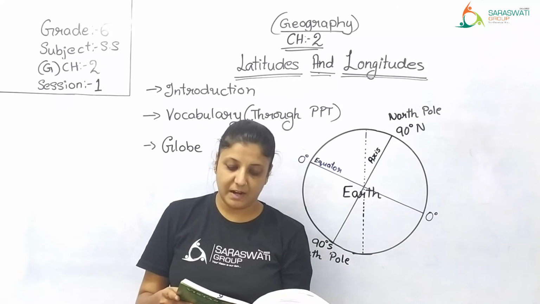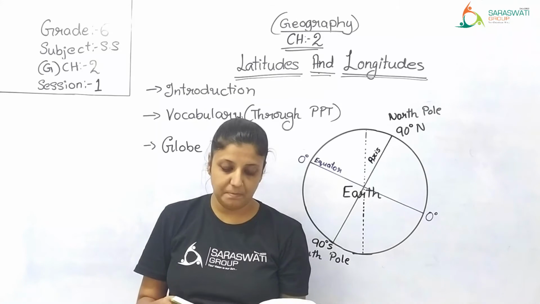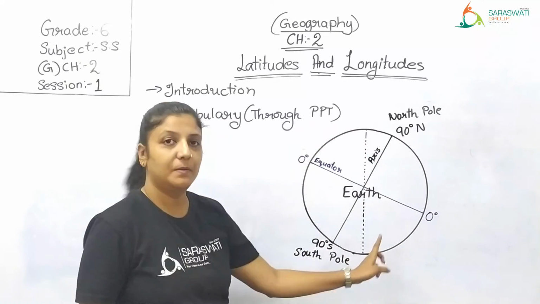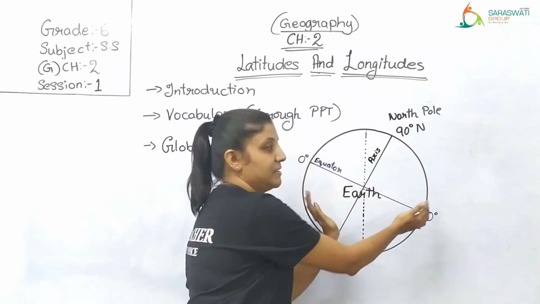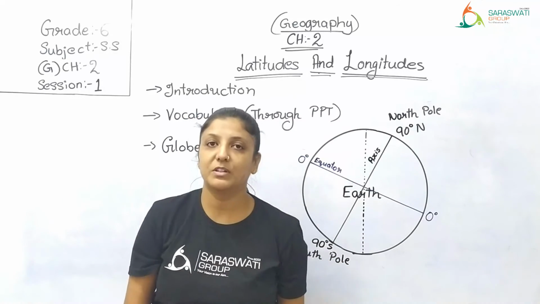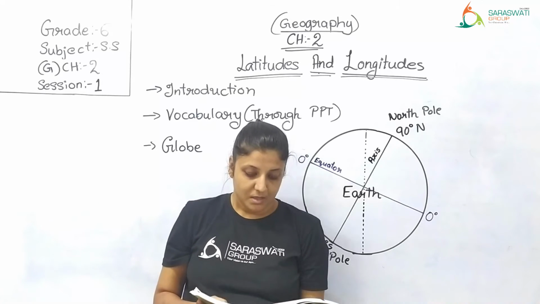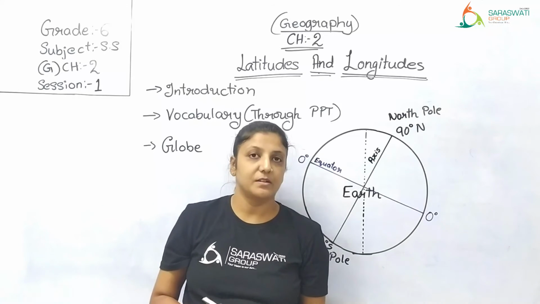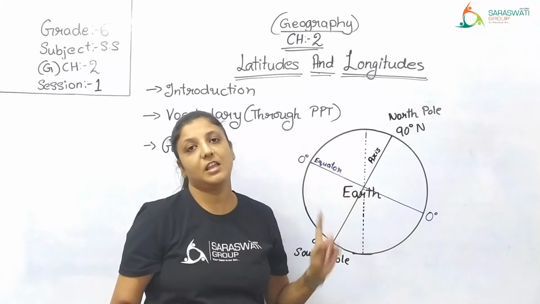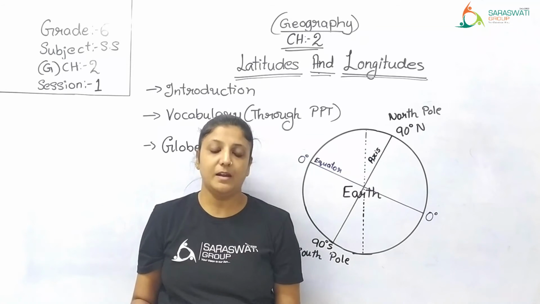It shows us the exact shape of the earth: spherical, slightly flattened at the poles and bulging at the equator. So what is the shape of the earth? It is spherical, slightly bulging on the sides and flat at the poles. This you have already learned in your previous grade. Now, it has an equator in the center. See, this is the equator, the blue line, 0 degree. It is the equator. You can also say that it is the longest latitude, right?